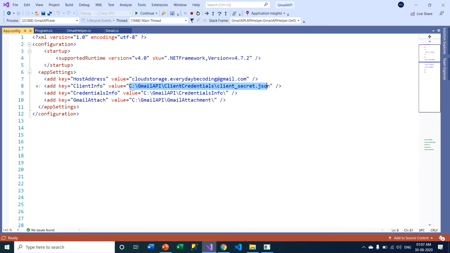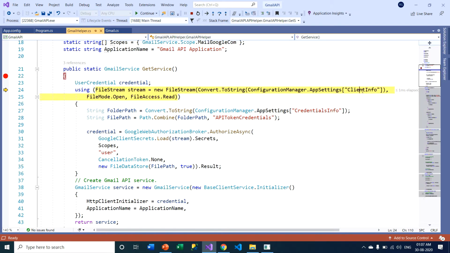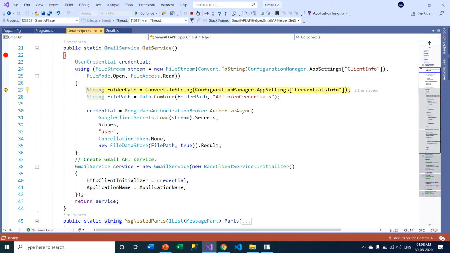Under the C drive, Gmail API, client credential, and the client_secret.json file. So my application accesses this file by using the client info key, and this file is converted to a file stream. After I press F10, you can see this folder path. After fetching my Google API, the Google server provides a token, and this token is stored